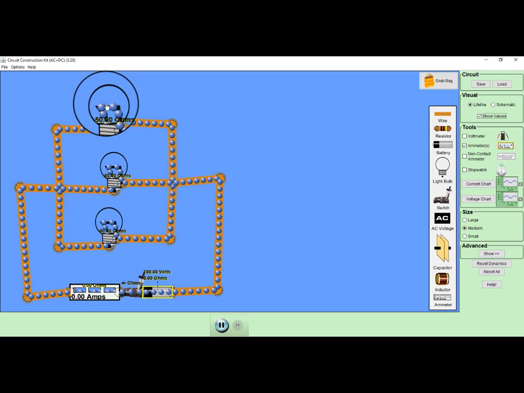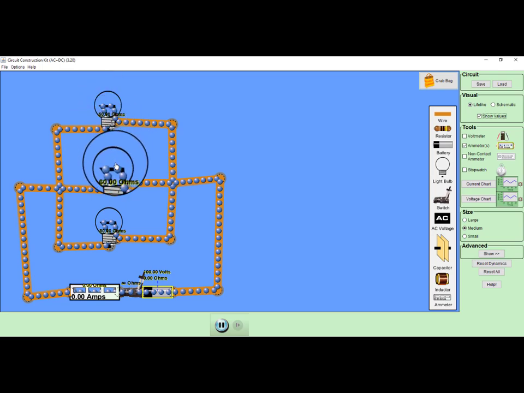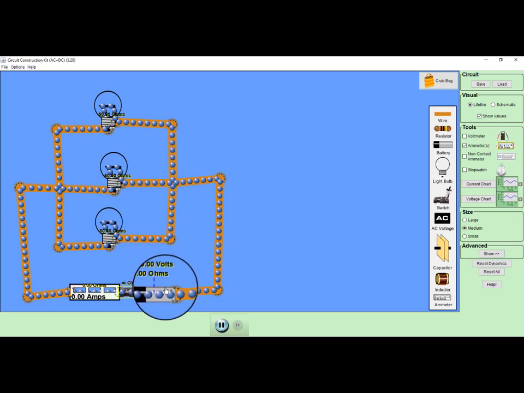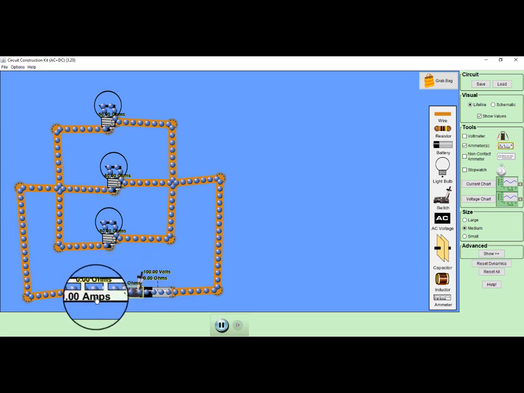As you can see, this bulb is of 50 ohm, this bulb is of 60 ohm, this bulb is of 80 ohm, this battery is of 100 volt. Its internal resistance is 0, so here it is displayed 0. This is a switch which is in open condition, so its resistance will be infinite as no current flows. This is an ammeter. As I told, an ammeter is a series device and the ideal ammeter resistance is 0. Now as there is no flow of current, here it is displayed as 0 ampere.